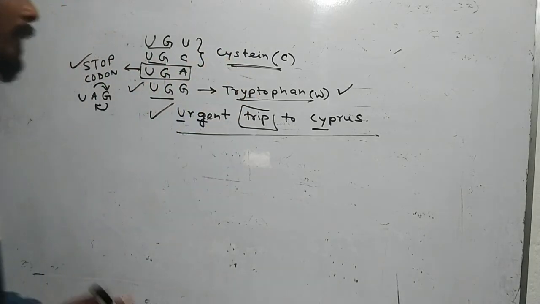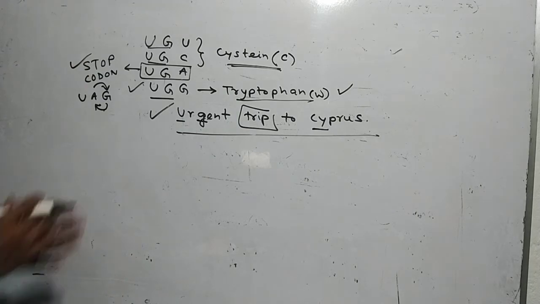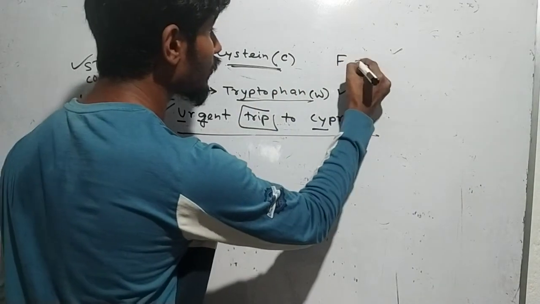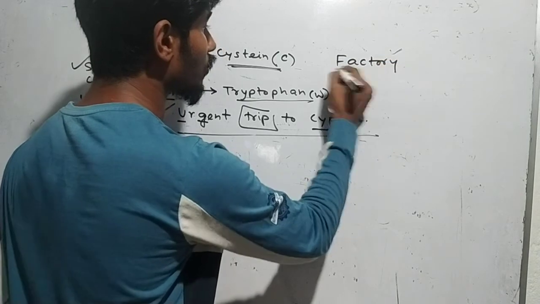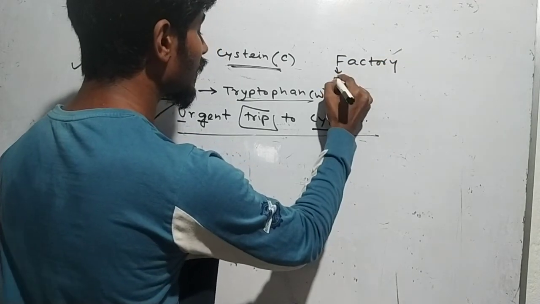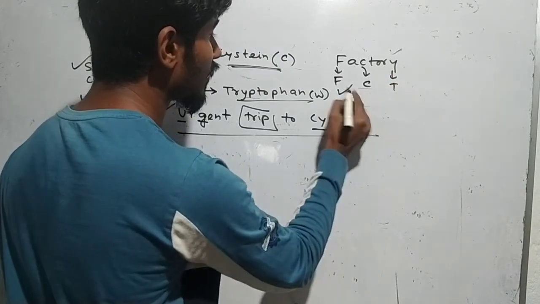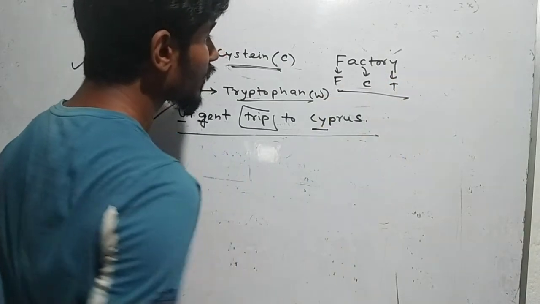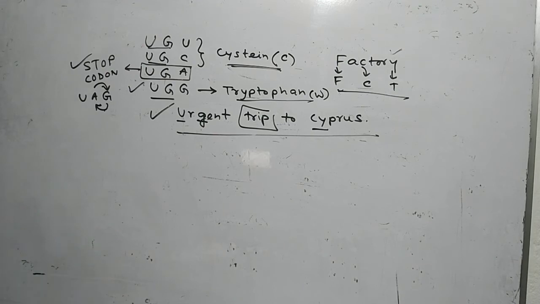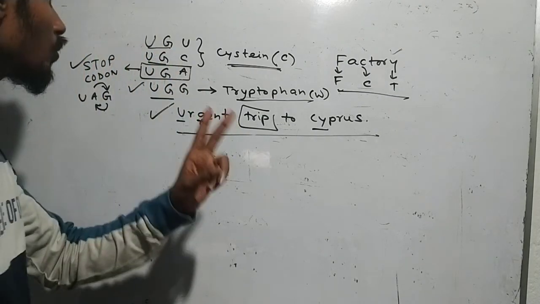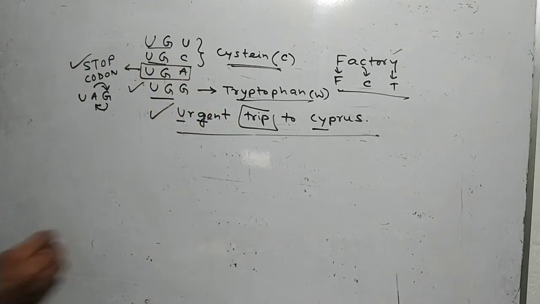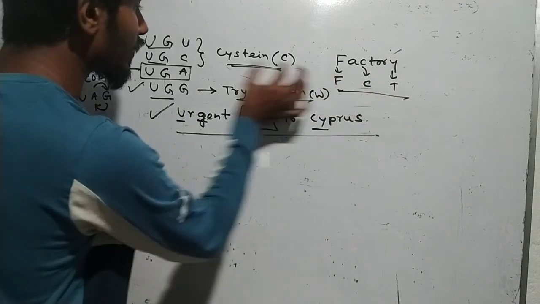Okay, after that, because it is actually present in the word factory. Okay, so F means phenylalanine, and C means cysteine, and Y means tyrosine. These three amino acids are encoded by only two codons. So you can easily memorize that if it is cysteine, then it should have two codons,